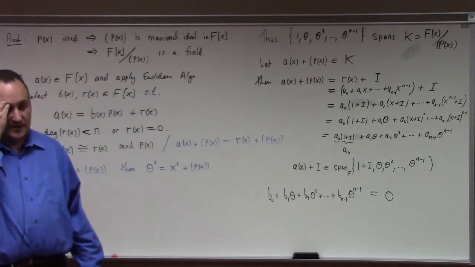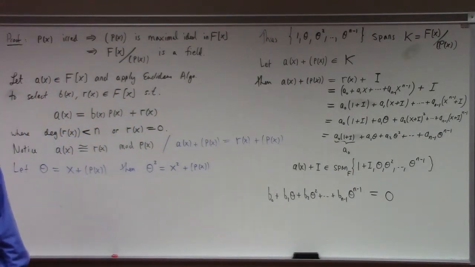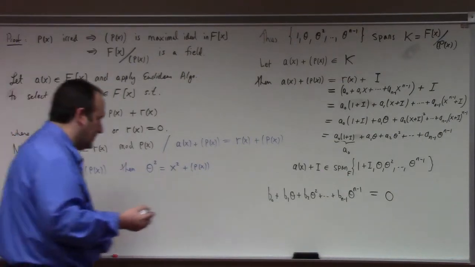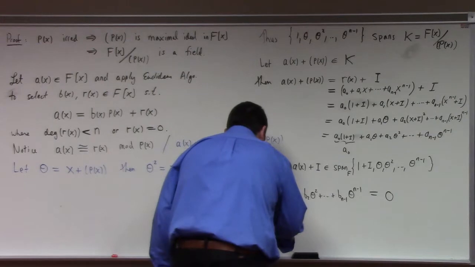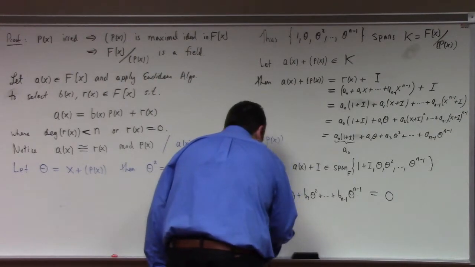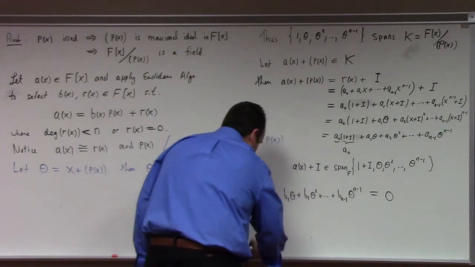Testing for linear independence, we need that all the coefficients b0 through b_{n-1} are all 0. And the proof is simply this. If we had g of x defined in the obvious way,